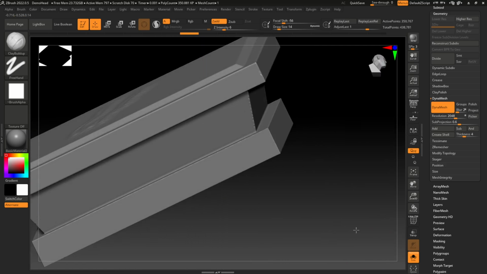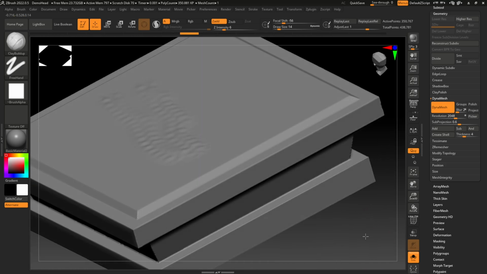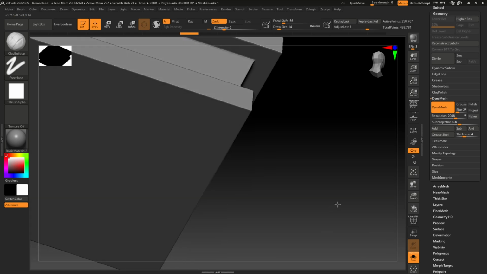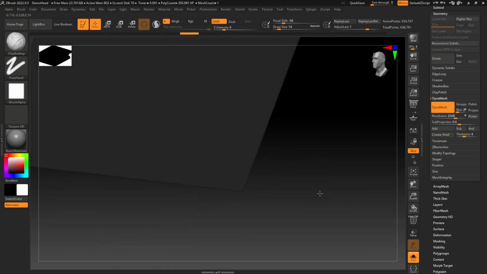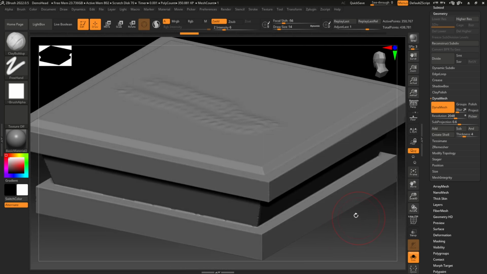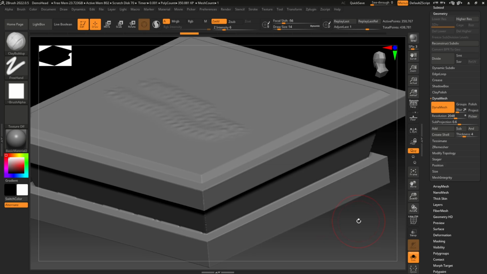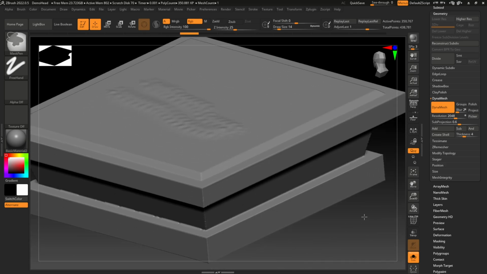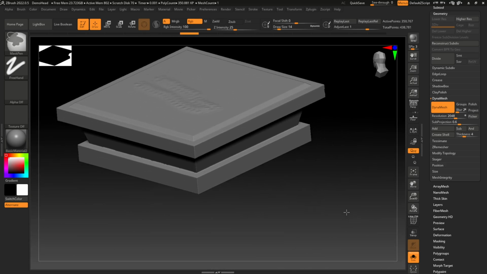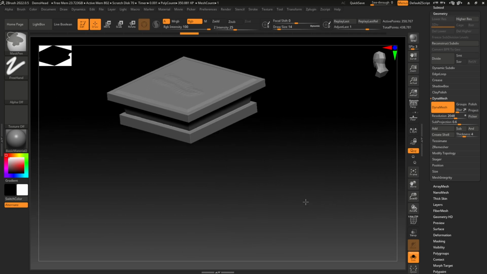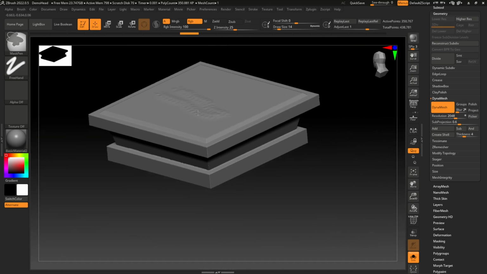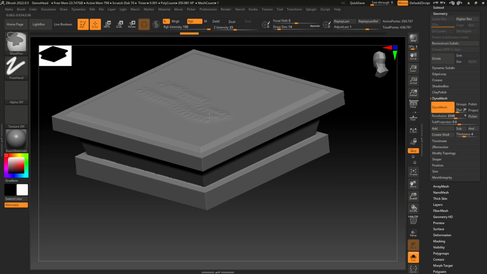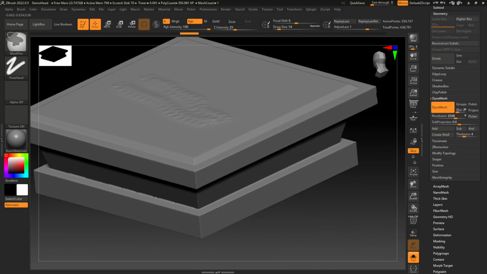Whatever object you want to rotate, just click outside and you can rotate it. If I press Control and right mouse button, what is happening here? Zoom in, zoom out. See, zoom in, zoom out. Control, right mouse button, and you just drag it like this. Okay? And then